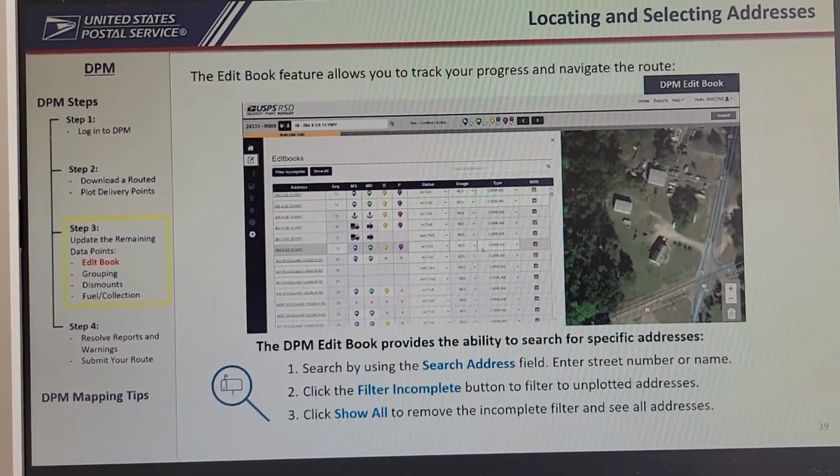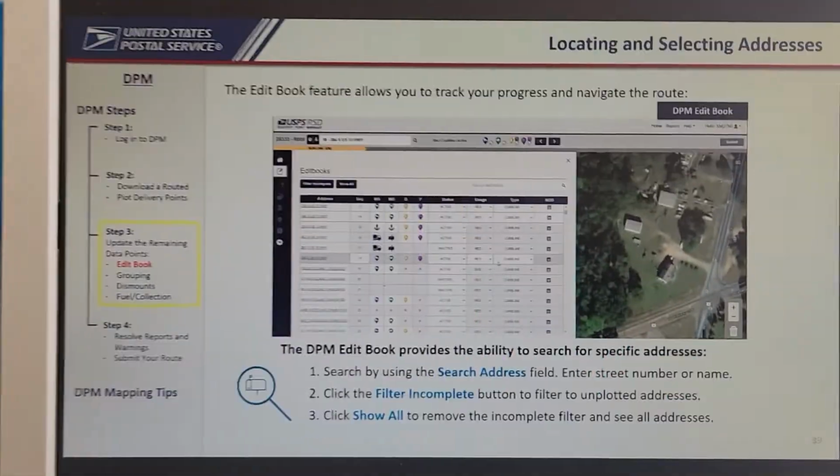All right, locating and selecting addresses. Just some